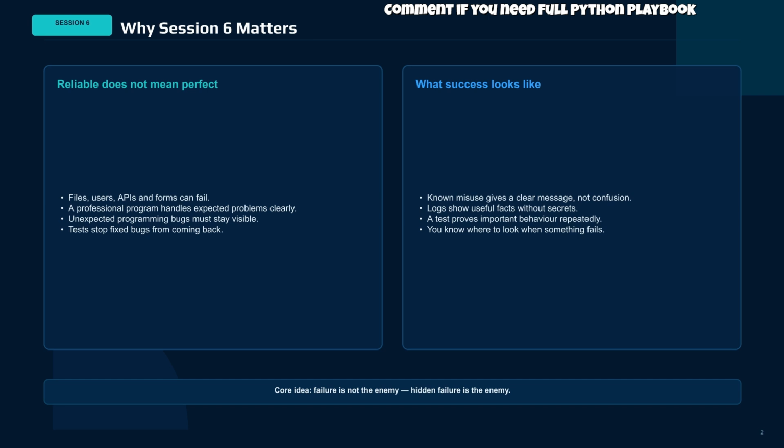Session 6 is important because reliable software doesn't mean perfect software. Systems will fail, but professional programs handle these situations transparently. The core idea is that hidden failure is the enemy. By making errors and behavior visible, we gain clarity, logs that help us diagnose issues, and tests that repeatedly prove